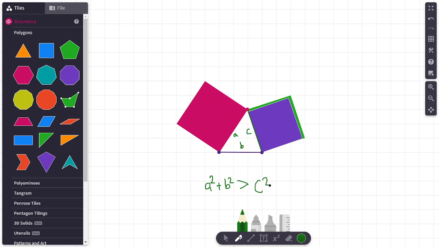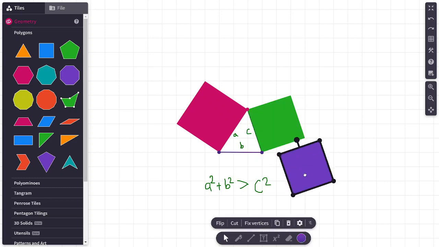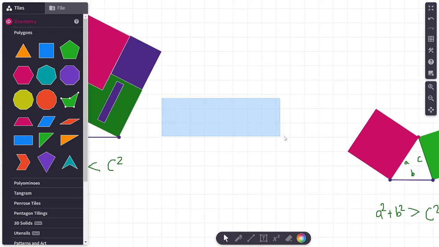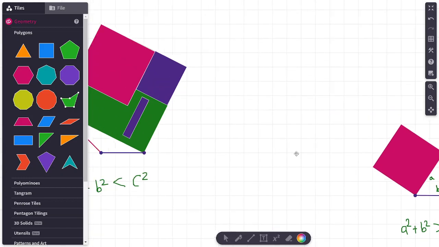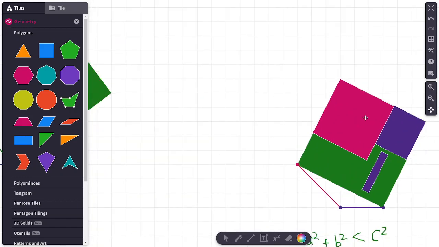So in case of an acute angle triangle, technically the hypotenuse, or one of the sides' area, is definitely smaller than the sum of the squares of the other two sides. So hence the proof that the Pythagorean theorem only holds, or whenever we talk about the Pythagorean theorem, we specifically make sure that we are talking only about the right angle triangle, because only in the case of a right angle